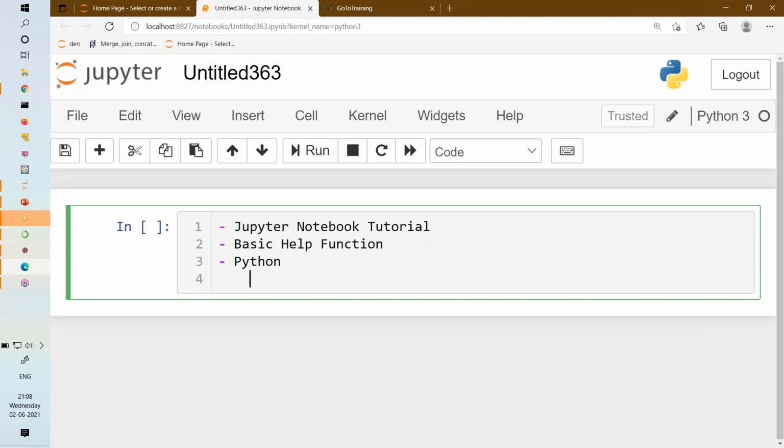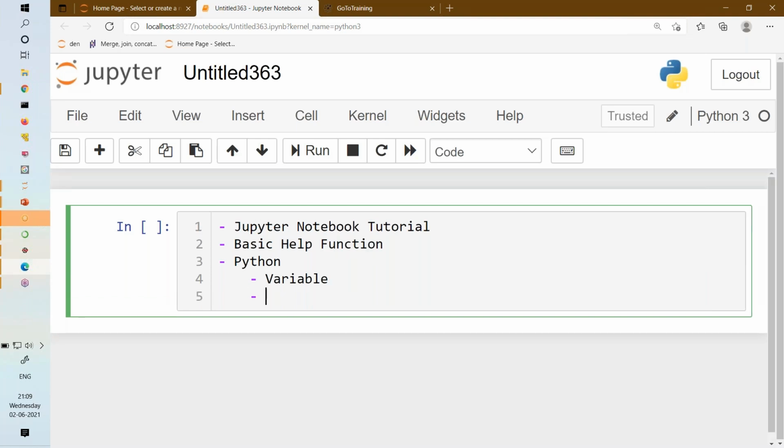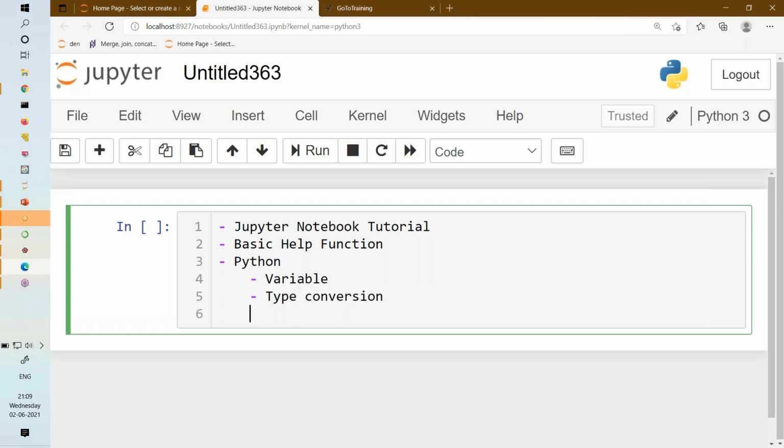In core Python, we will see different things. The first thing that we will see is what is a variable, right? We'll discuss variables today, and then we will discuss what is type conversion, one type to another type, right? Type conversion. And then we will discuss indentation. Indentation is very important, but before indentation, I think we need to discuss data types, right? Data types. And maybe tomorrow, let's see if time permits, we'll start with other kinds of topics.